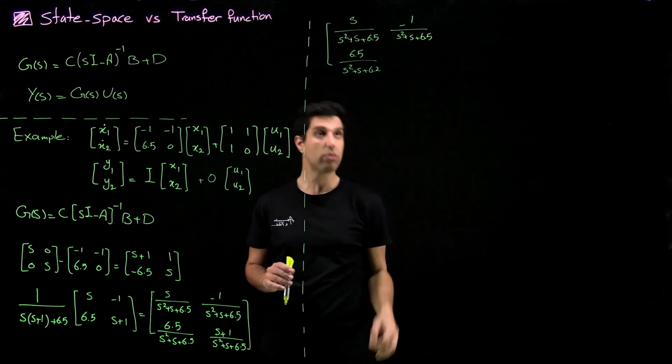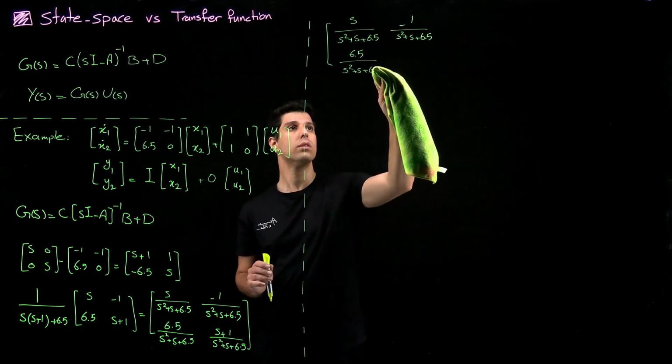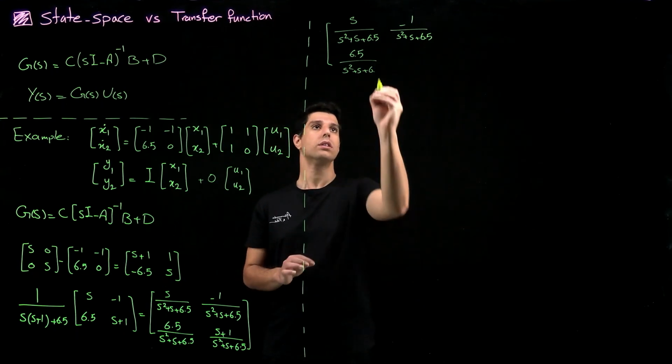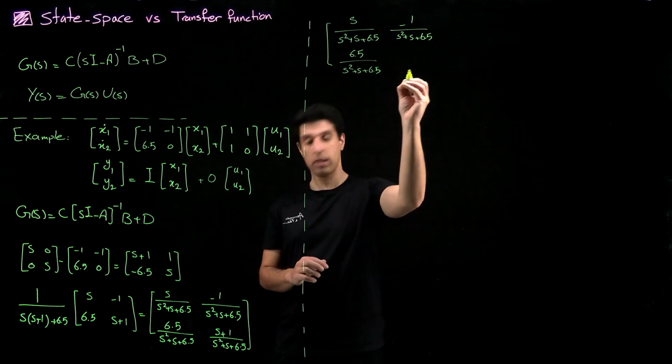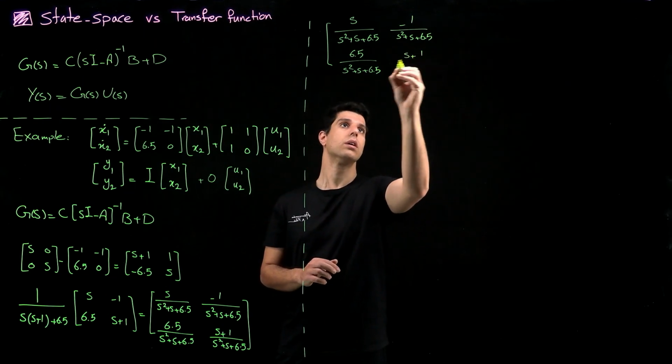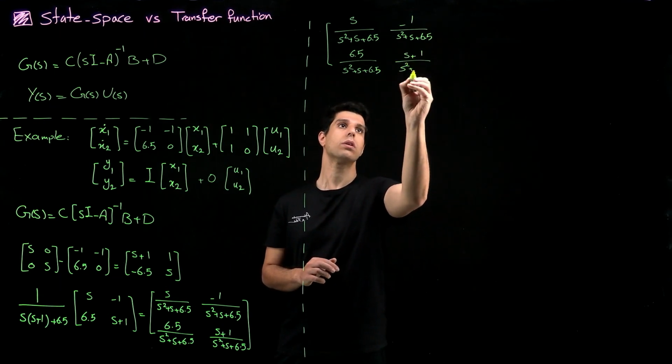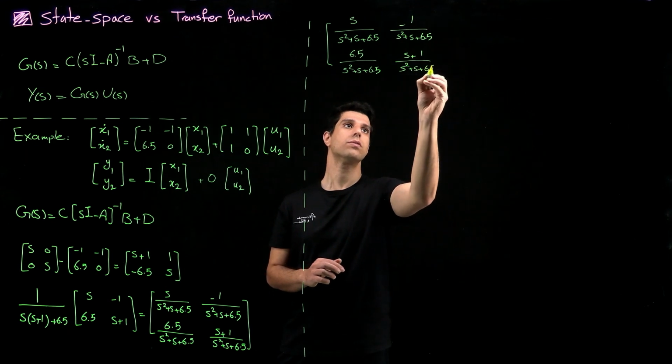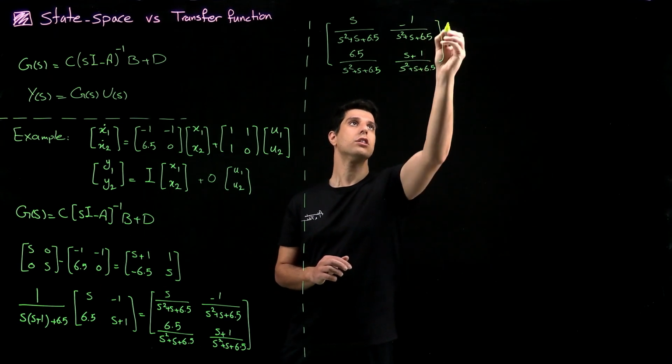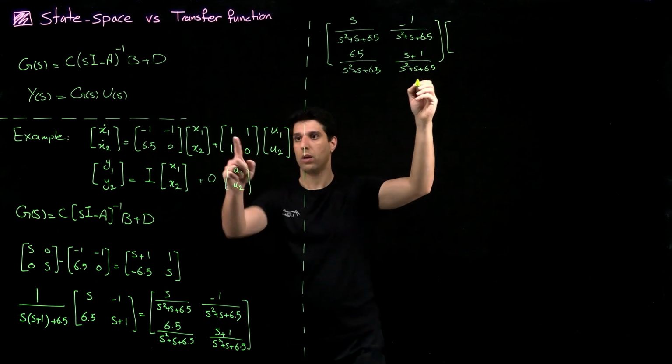That's a 2. 6.5, and finally S plus 1 over S squared plus S plus 6.5. This multiplied by 1110,